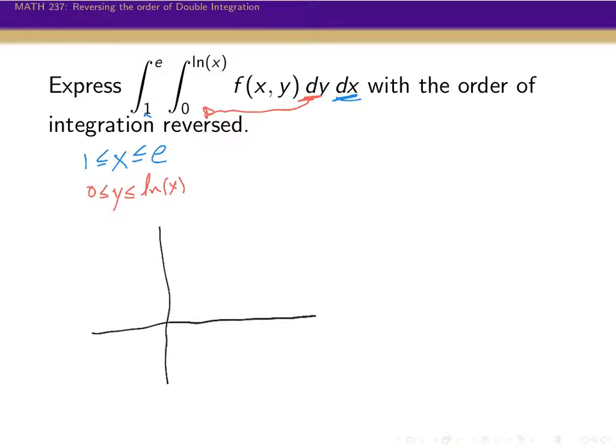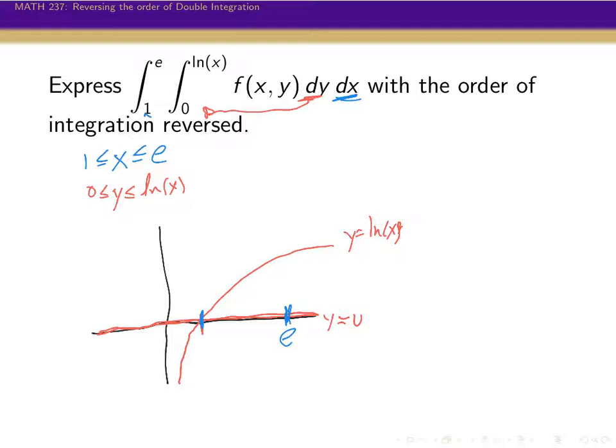Okay. So y equals 0 is the x-axis. So there's the x-axis. And then y equals natural log of x looks like this. So this is y equals natural log of x. This is y equals 0. And then we have x going from 1